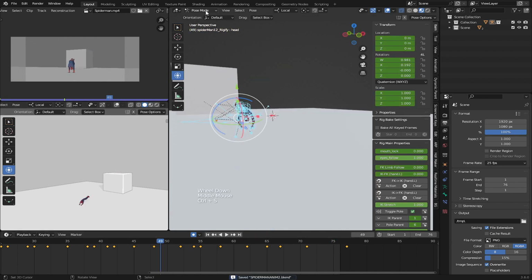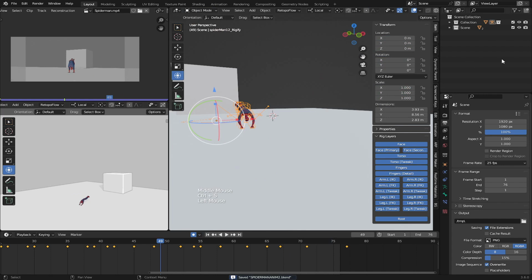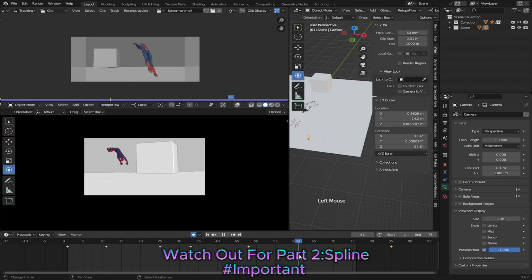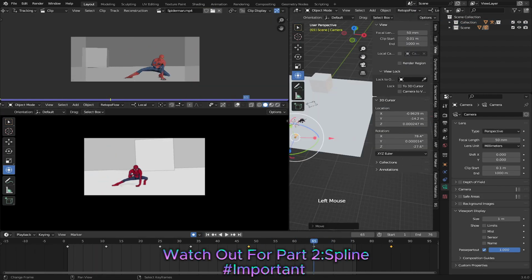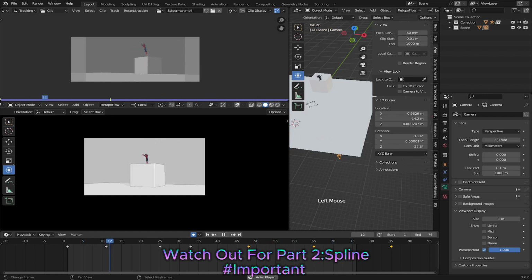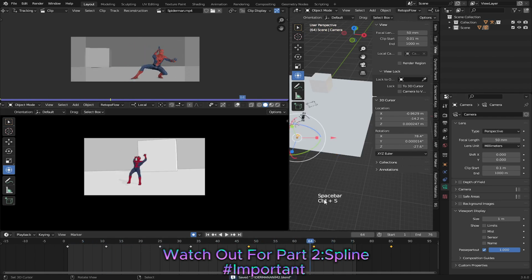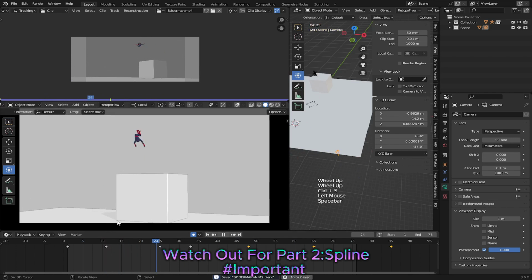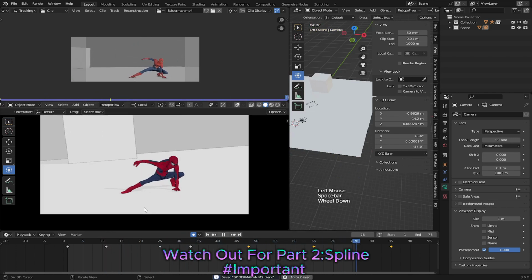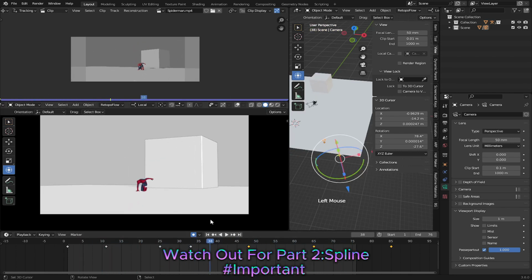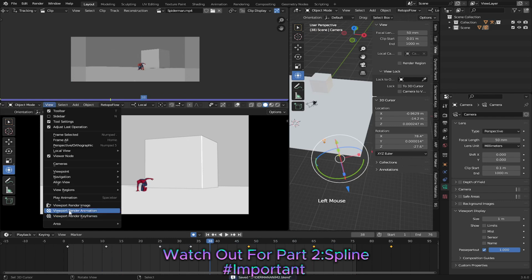So I'm going to add a camera so you can see the camera. To preview, here when you go to view and render animation,